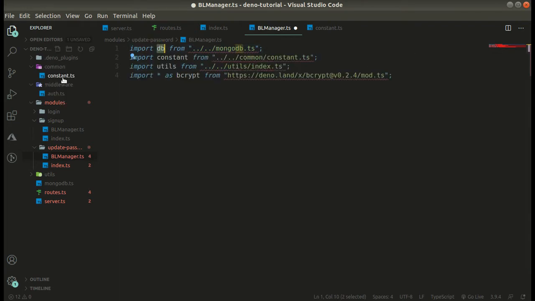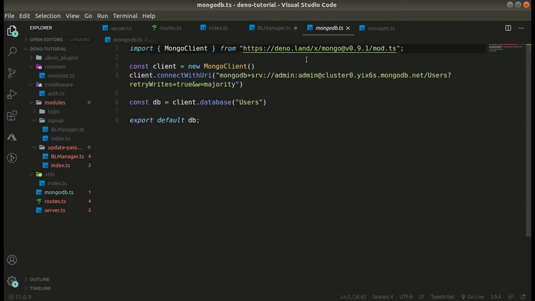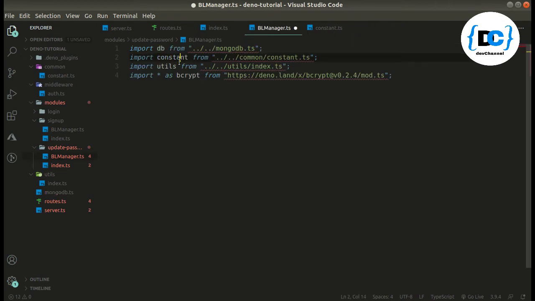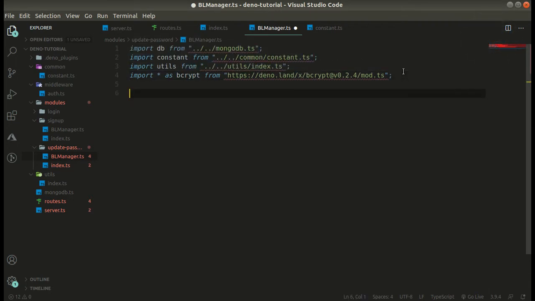If you are new to this series, then let me show you over here. This is our mongodb file where we have configured our database, the connection url, and this is our constant file. This is a utility function to format the response, and this is the bcrypt package, a third party module. So here we have our collection.